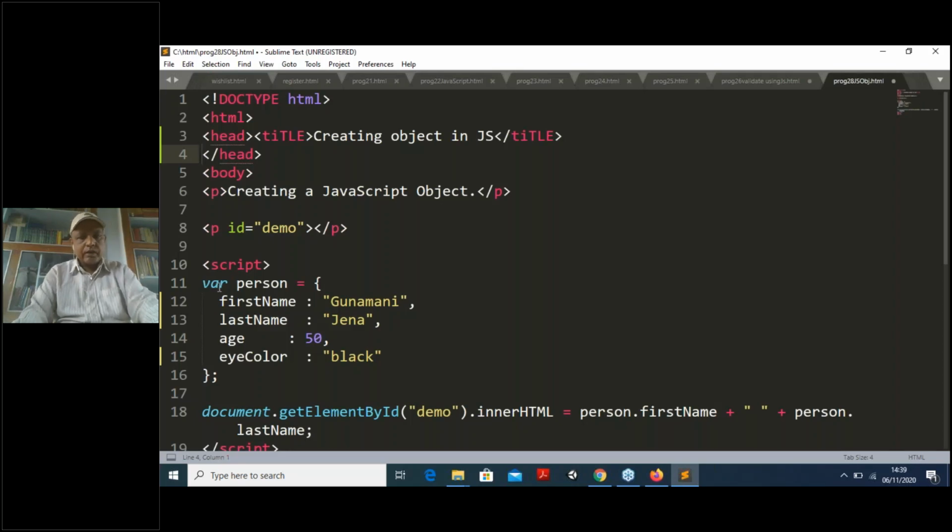It is also an object here. Once you create this variable person, it is equal to curly brackets, and at the end you have to put a semicolon. So this is the minimum template, the minimum syntax for that.